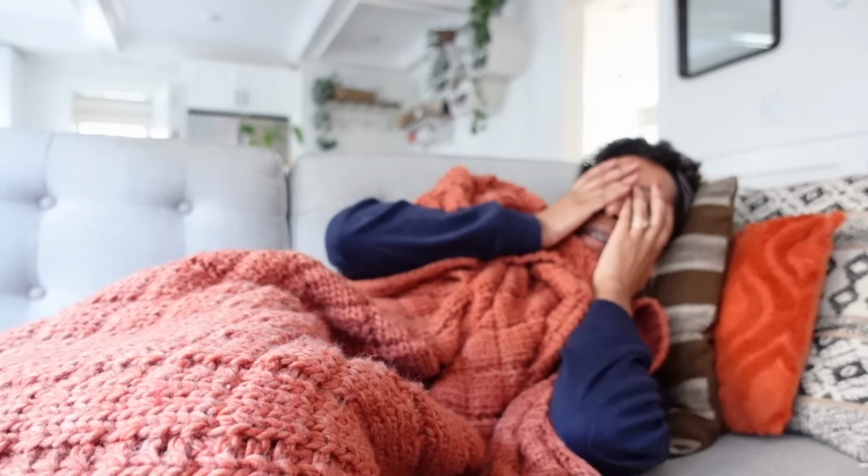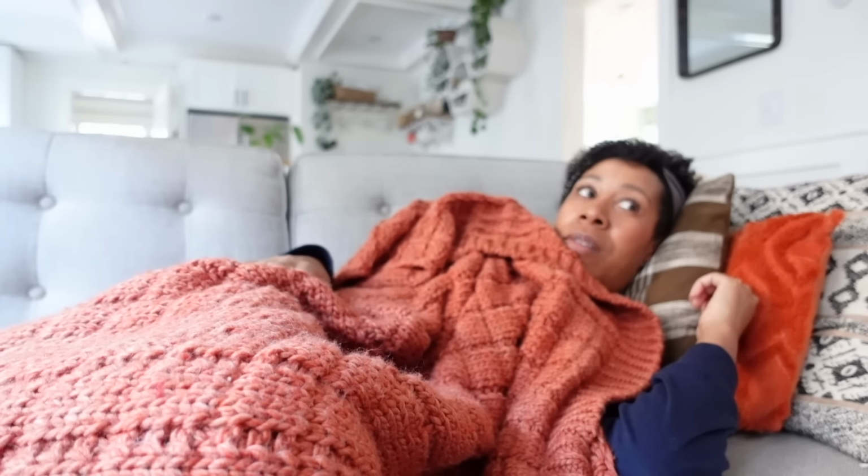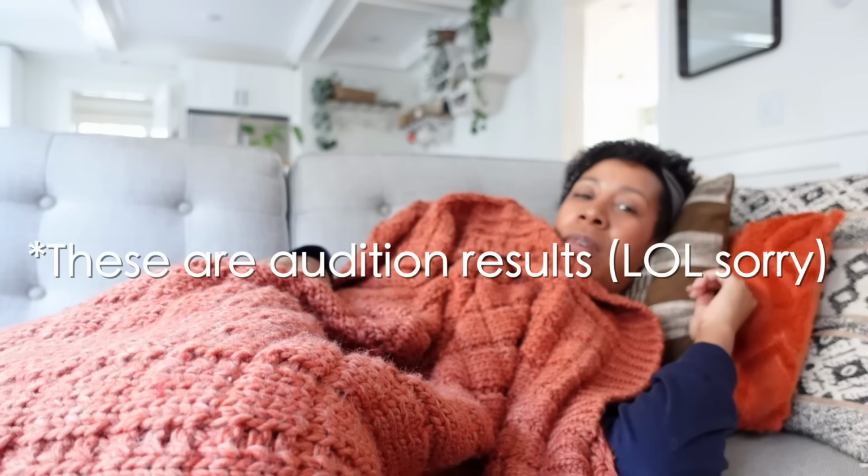Hello. I was sleeping. My sleep tracker from yesterday said I slept a while, but it didn't say I slept well. I'll flash a picture of how ready I was supposed to be today, and it's not good. So it's great that I slept. I also just looked at my phone. I saw that the